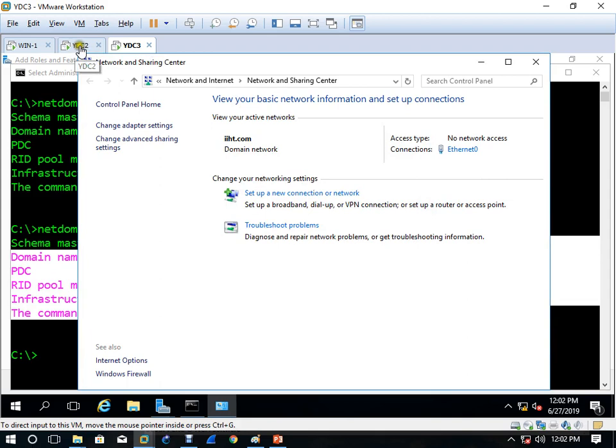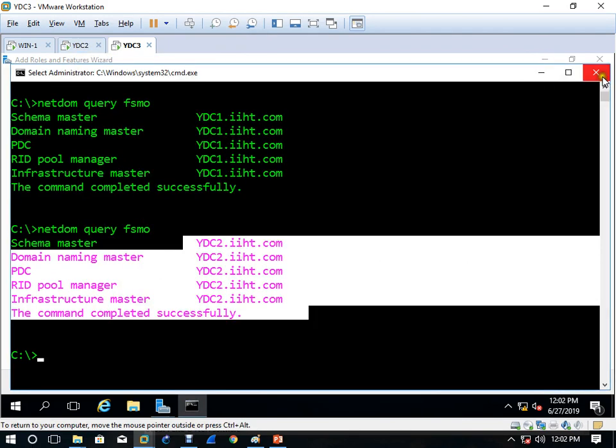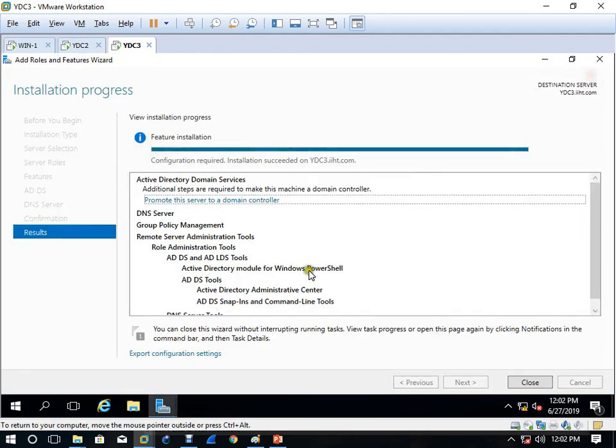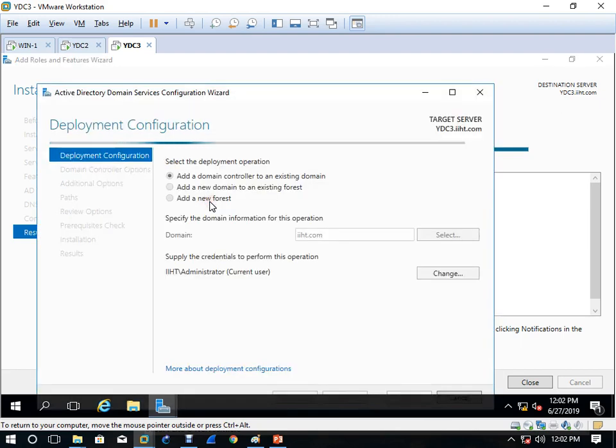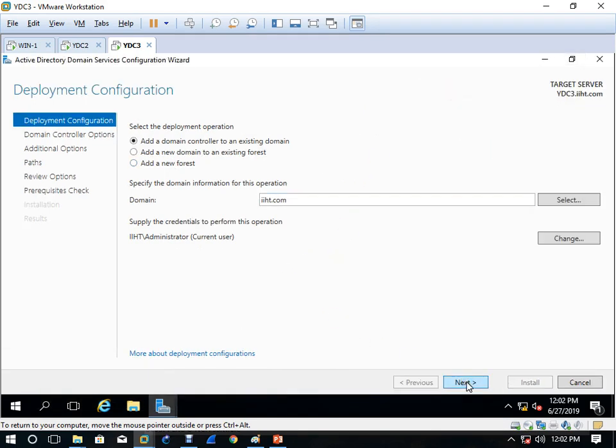And in, okay, fine, it's okay now. Now let's start from here, right? Because then click here, promote this server, or you can restart also. It's not a big problem, but it's okay. Now click next. You can start from the beginning, or you can start from anywhere, no problem.